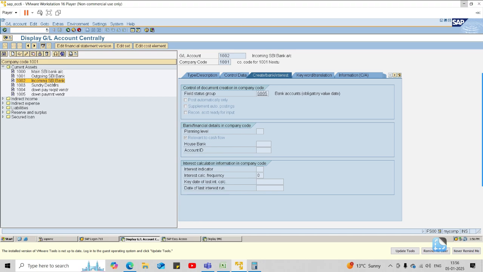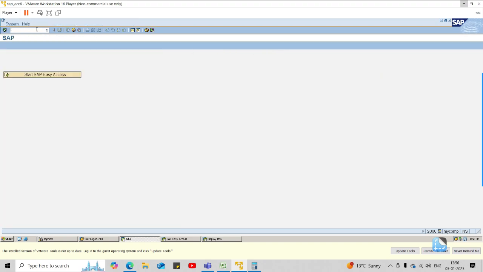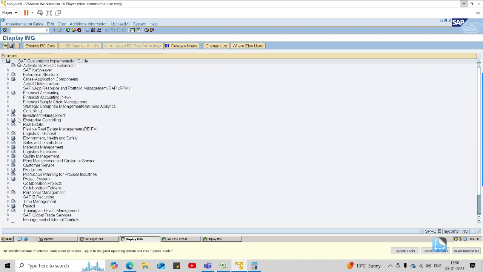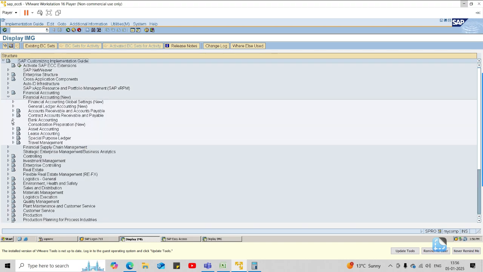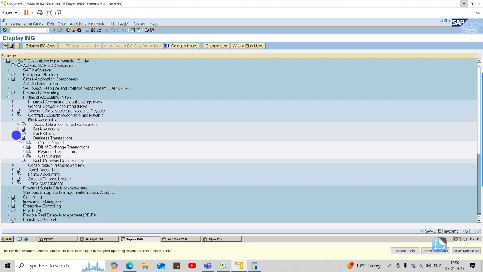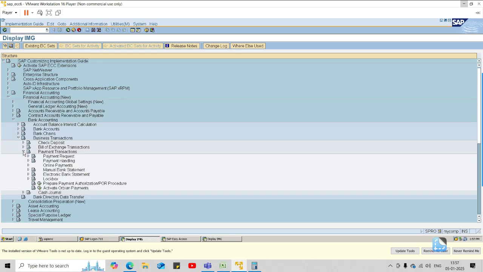That is the background of this concept. Let's move to the configuration part. Bank accounting, SPRO, SAP reference IMG, financial accounting new, bank accounting, business transaction, payment transaction,